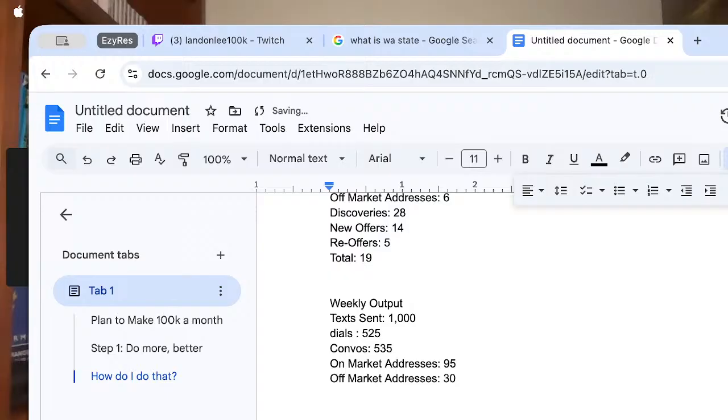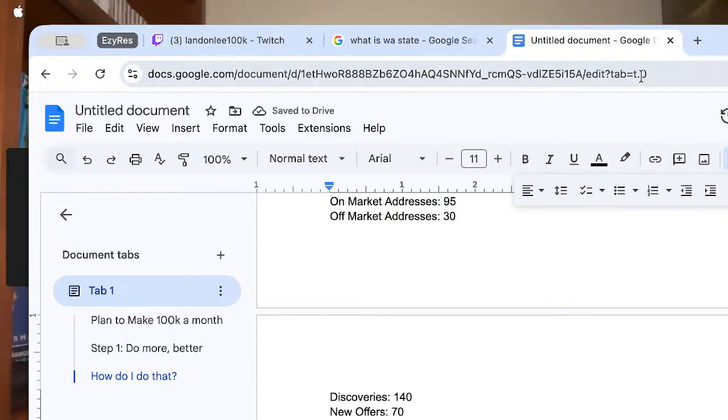Discoveries 140. New offers would be 70. Free offers would be 25. Total 95 a week. My current acceptance ratio, let me look at